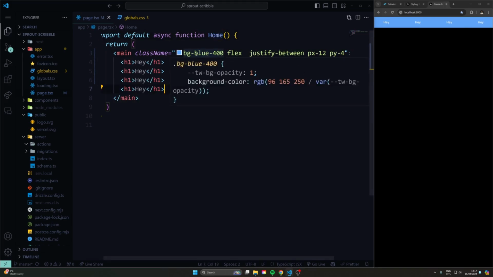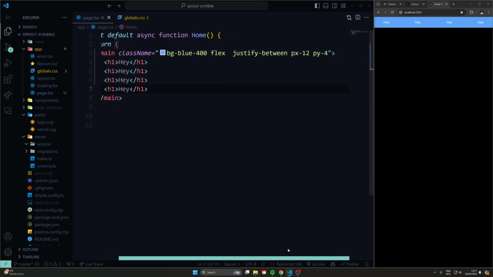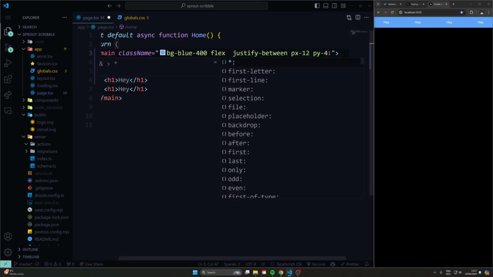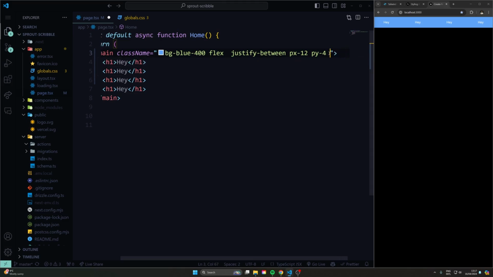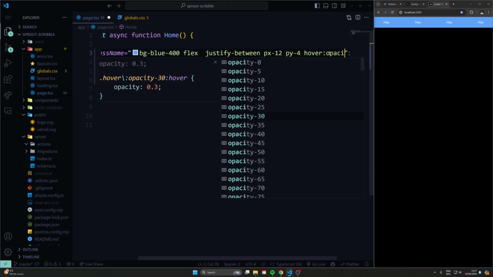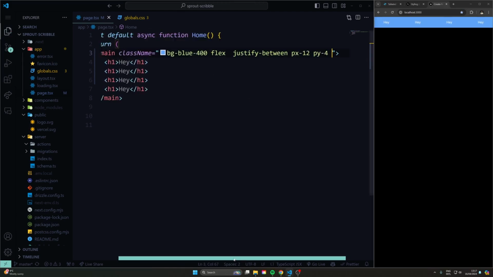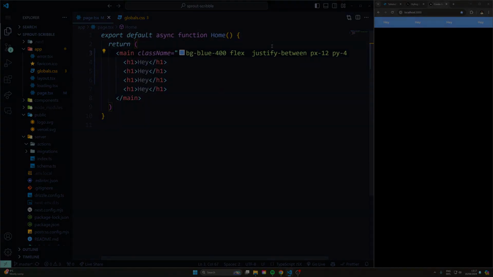And again, all these classes are just small utility classes that do one specific thing, so it's very easy to see. You have pseudo classes as well, so if you want to do something on hover, I want to do something, opacity 50, right? Hit save and have a look. Okay, so that's kind of the wonderful thing about Tailwind CSS. We're going to get more into this